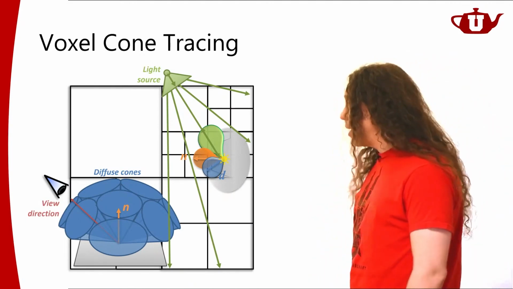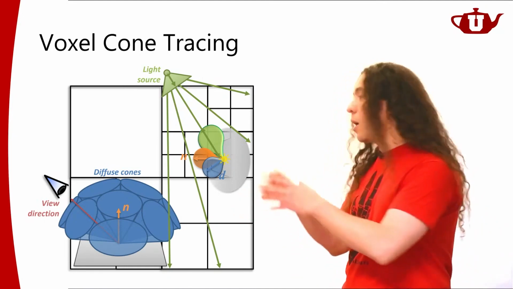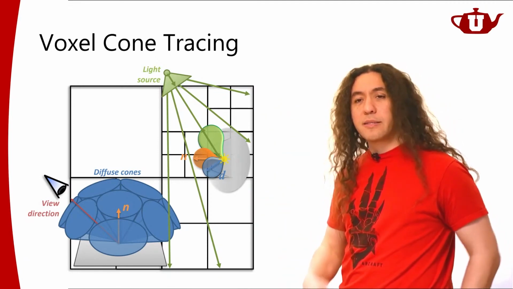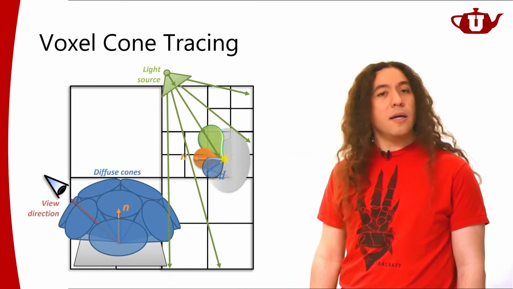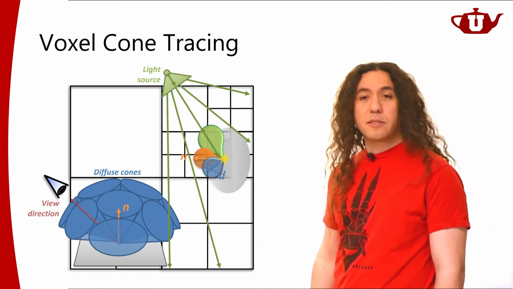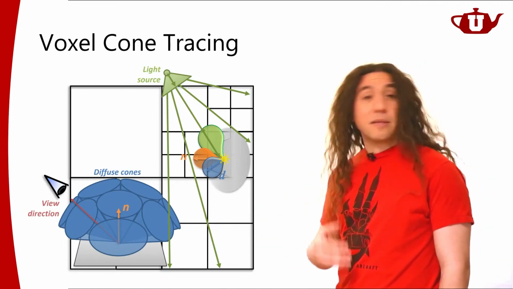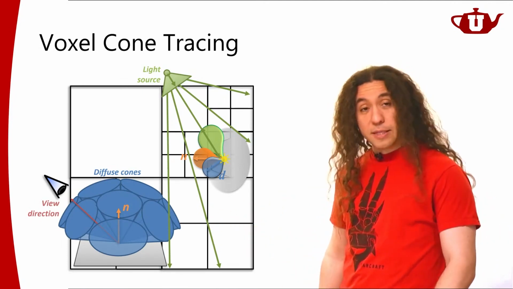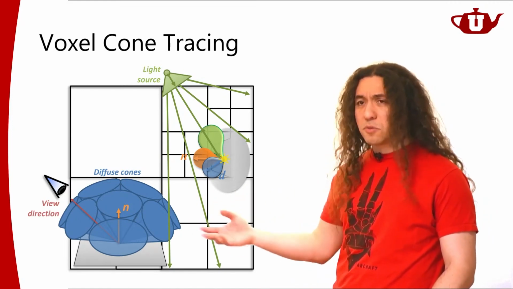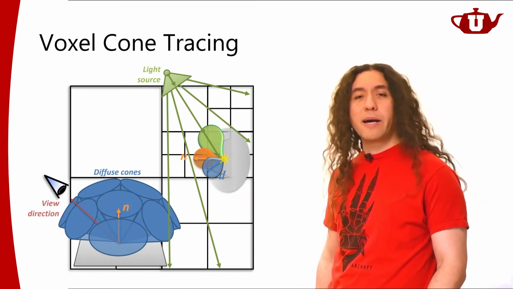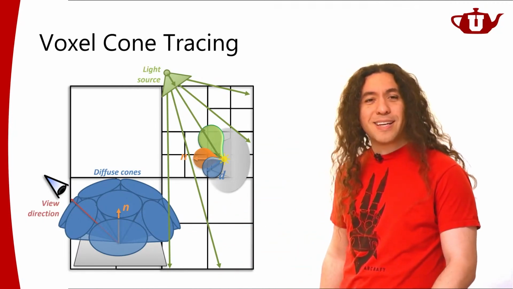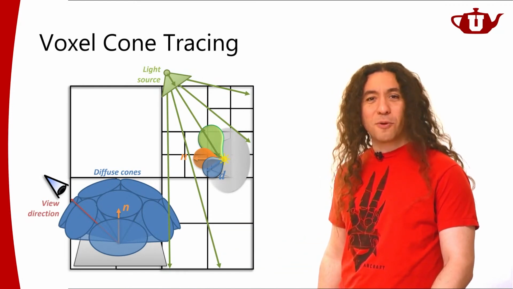Of course, this introduces a lot of smoothing. Because of the cones, you have smoothing. Because of the voxelization, you have smoothing, and there's some cost associated with that as well. But it does a pretty good job of estimating global illumination. Very much like, but different than path tracing, but it's in the same spirit, using cones instead of rays. Of course, multiple bounces are going to be kind of expensive, but you can handle that if you have the rendering budget for it.